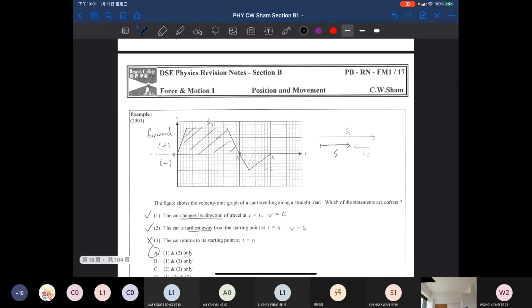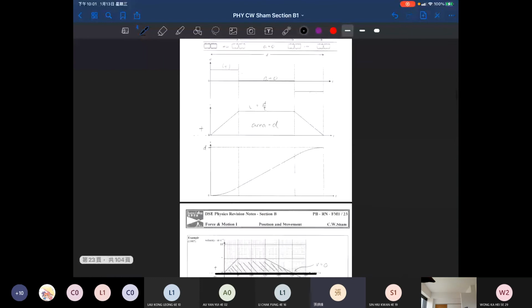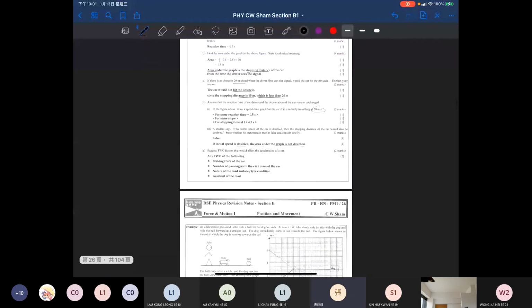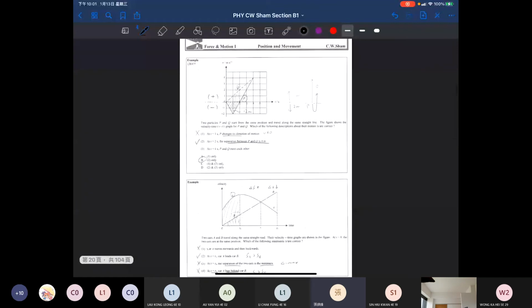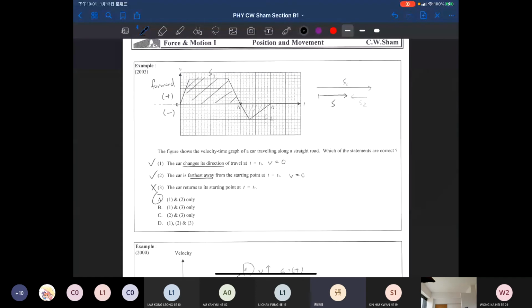OK, let's finish the motion topic tonight. The figure shows the velocity time graph of a car traveling along a straight wall. I recorded this, so if you are really too tired, you can rest now and watch the recording later. Which of the statements are correct? The car changes direction of travel at t equals to t1. Let's look at it. This is a velocity time